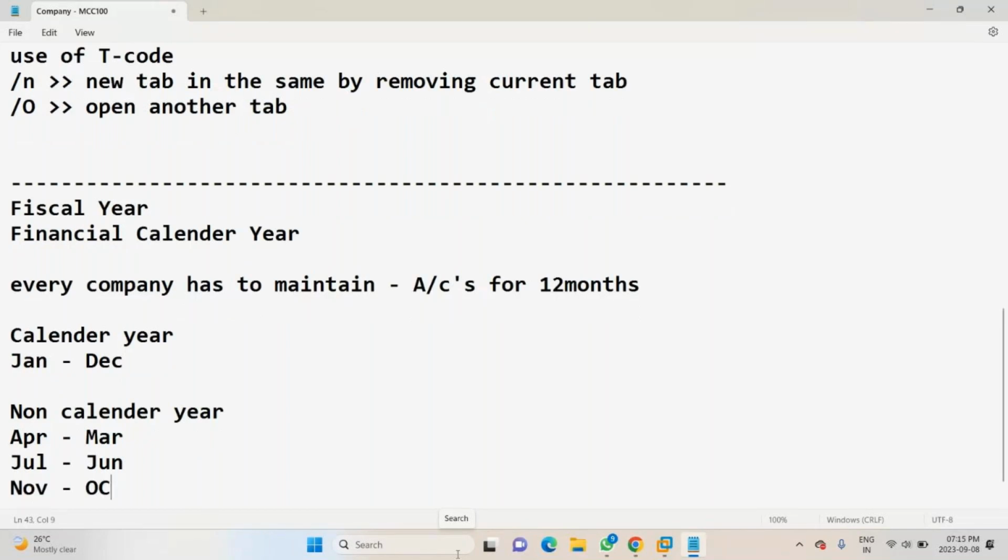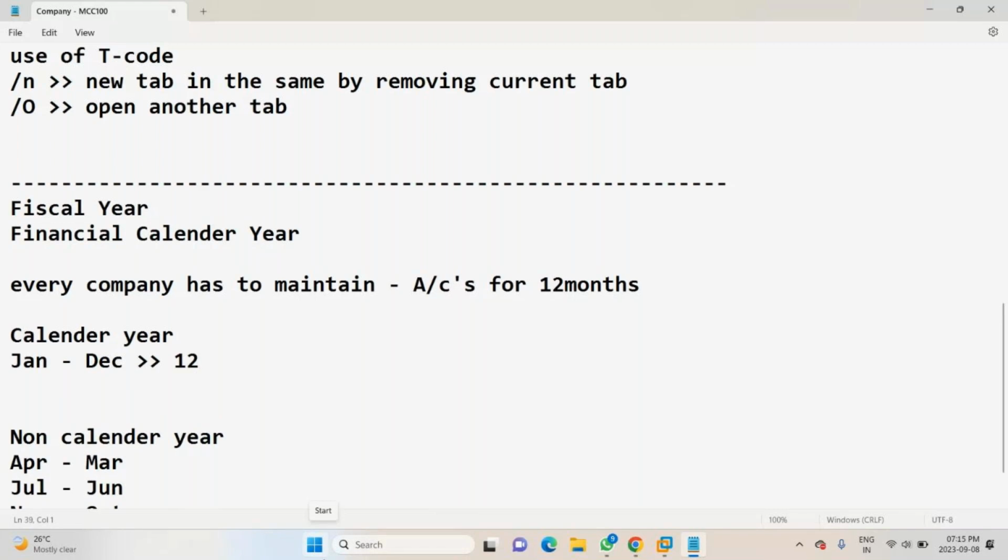So like this, every arrangement has only 12 months. If you are doing a calendar period, it is also 12 months. If you are doing a non-calendar year, then also it is 12 months, right? So any method you do in your country,